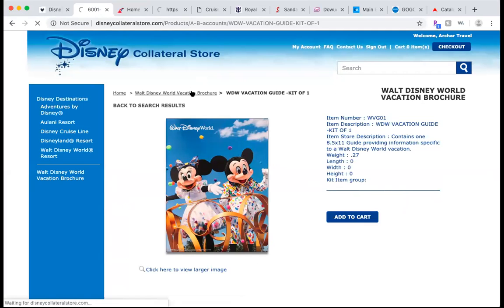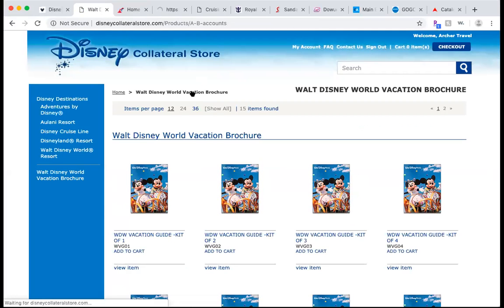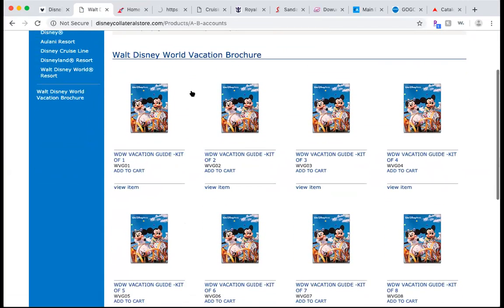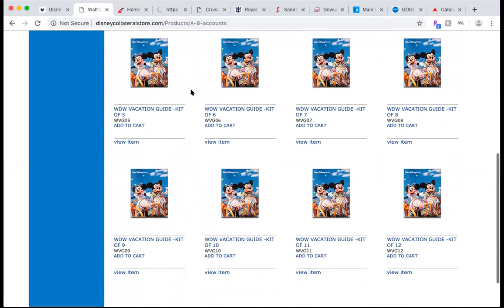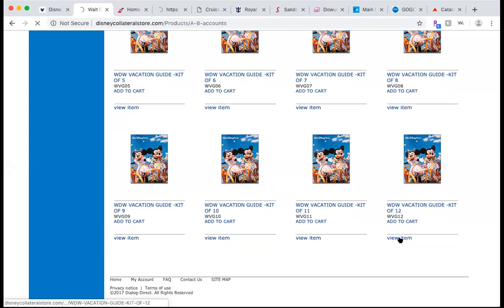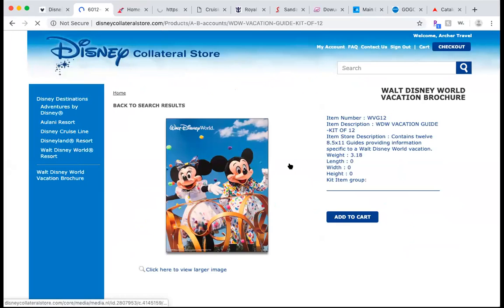But as I mentioned, when you're on these different sites, always read the fine print, pay attention to what's on there, because here you can order it based on the number that you want. So for instance, here, they're going to send you 12. It says kit of 12. So always be sure you're reading the fine print there to see how many of them you want. Like I said, this is a big booklet. It includes a lot of information that is just general to Walt Disney World and planning a Walt Disney World